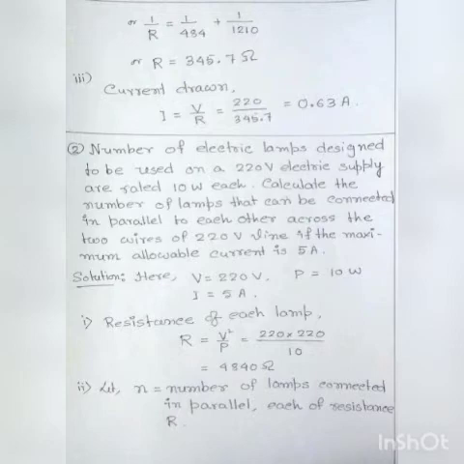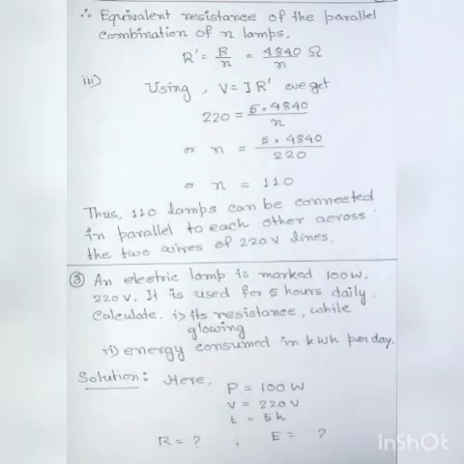Now the resistance of each lamp we can calculate using the relation R equals V square by P. Here V is 220 and power P is 10 watt. So resistance R we will get 4840 ohm. Now let us consider n is the number of lamps connected in parallel, each of resistance R. Therefore,